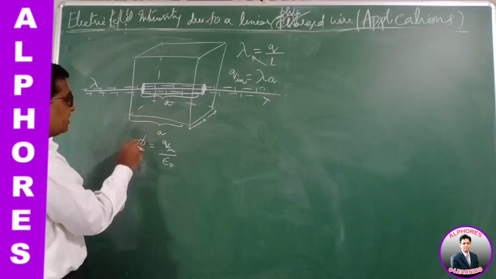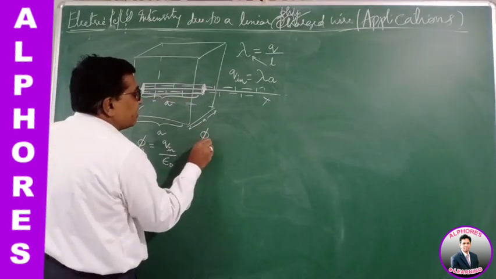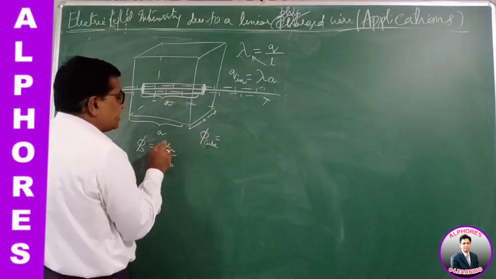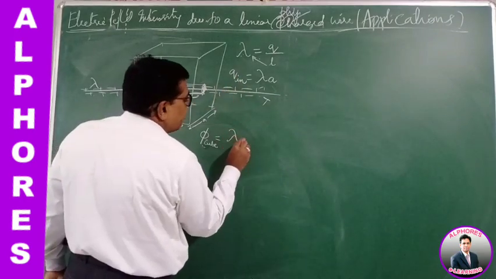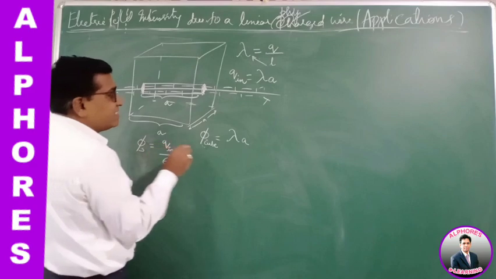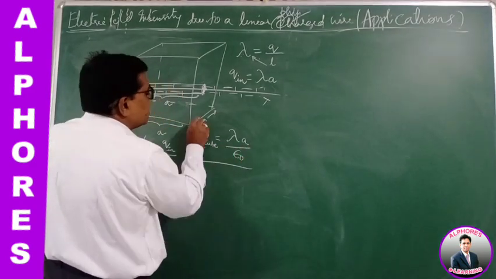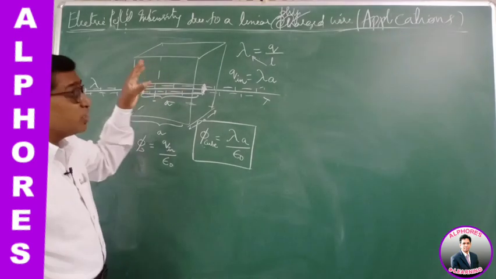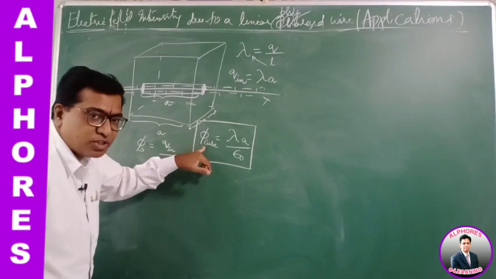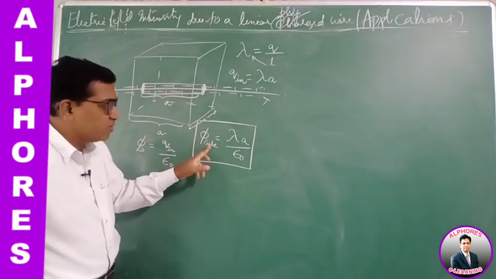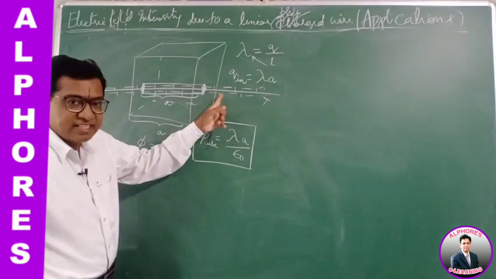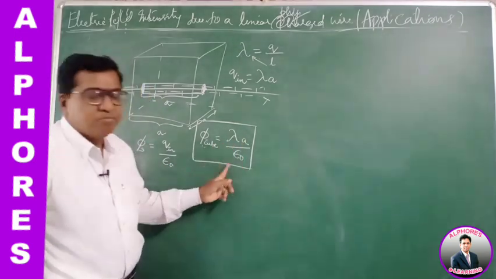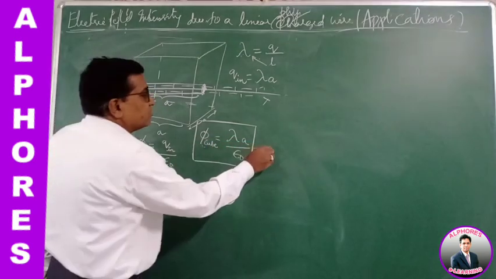Now substituting that here, the flux associated with the total cube is the charge inside, lambda A, where lambda is the linear charge density, divided by epsilon naught. So lambda A by epsilon naught is the flux associated with the cube. Considering the cube as the Gaussian surface, the total flux through the complete cube is lambda, the linear charge density, times the length of the conductor inside the cube, A, by epsilon naught. This is the first question.